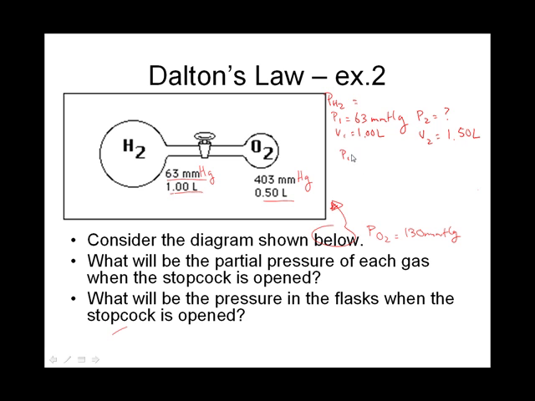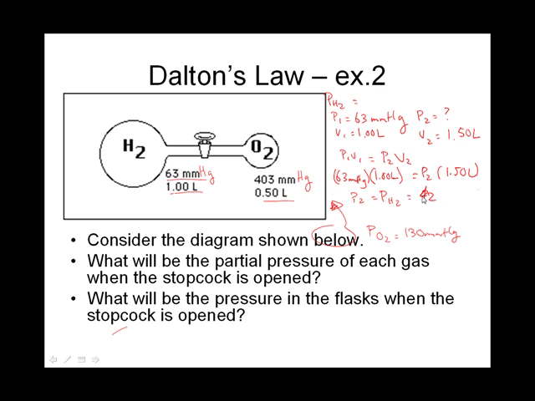So once again, P1V1 equals P2V2. I have 63 millimeters of Hg times 1.00 liter is equal to P2 times 1.50 liter, and my P2, which is the same thing as my partial pressure of H2, comes out to be